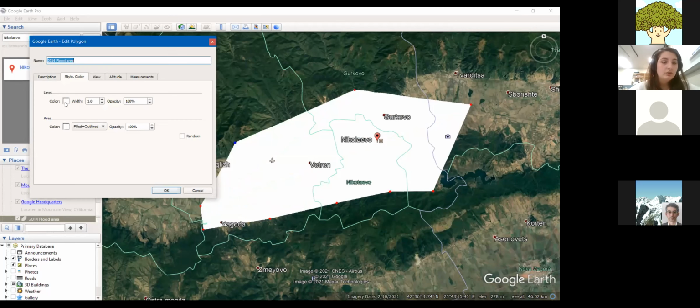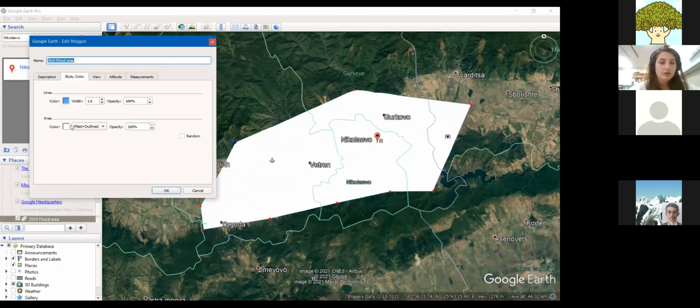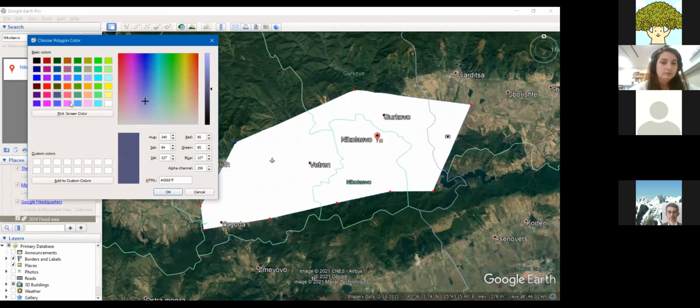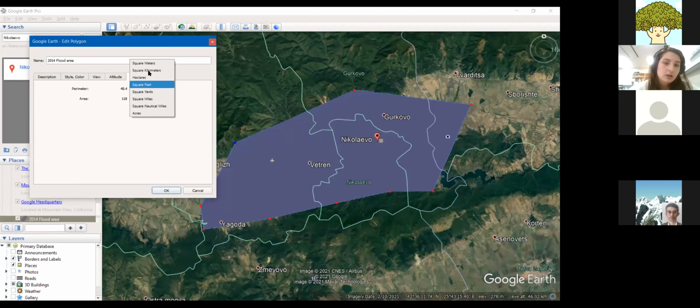And then again, we can go into the color and choose a different color to mark the area. And again, if we go to measurements here and change the data to kilometers, it's around 306 square kilometers that was affected. That's 2014. The river and the dams nearby were overflooded because of very strong rains. So 300 square kilometers,